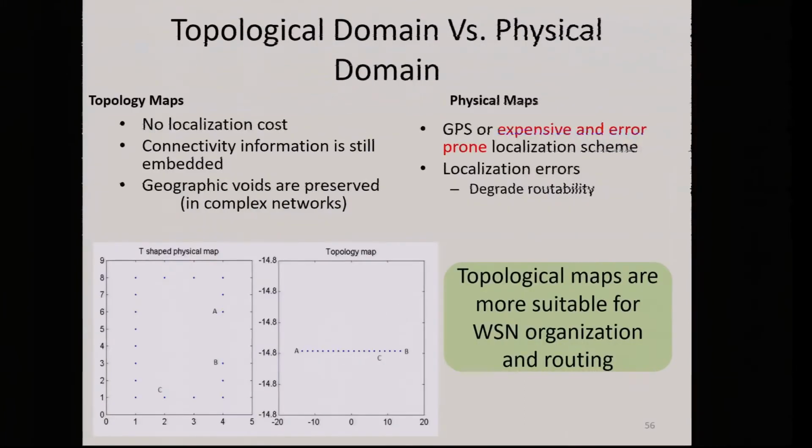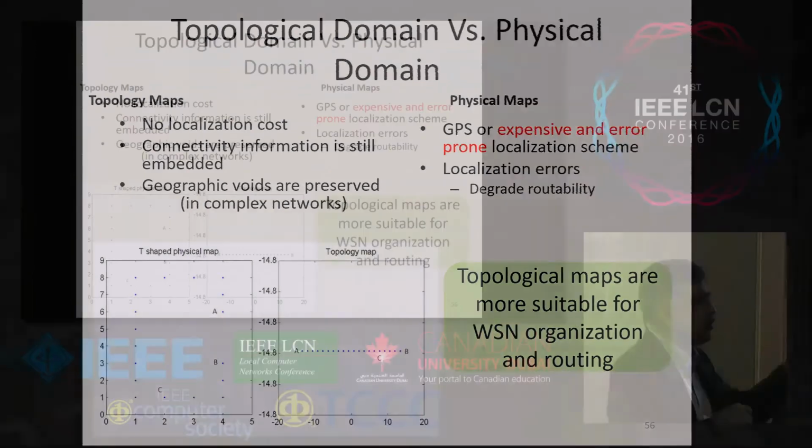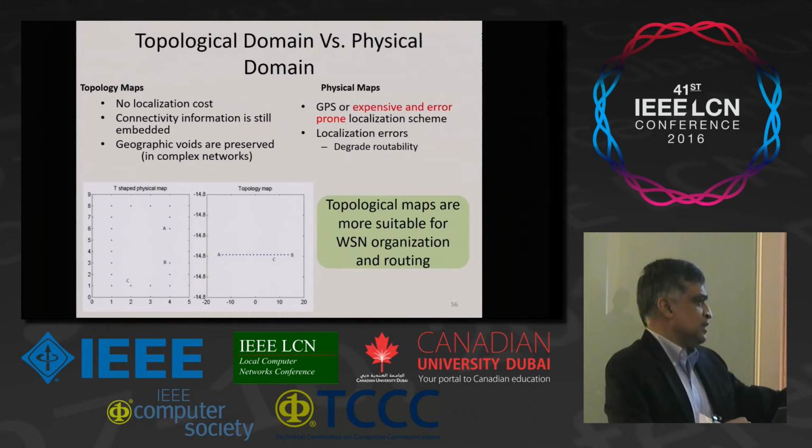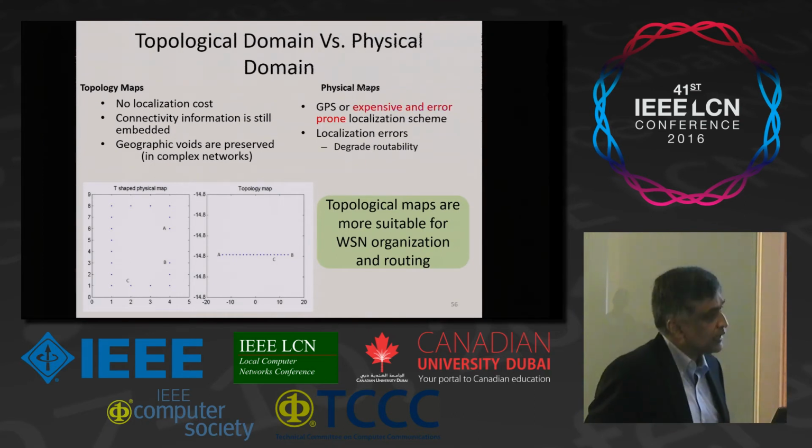If you consider a network like this here, these two can't talk to each other. If you draw this map, we call it a topology preserving map, or topology map, it is something like this here. But if I add a node here so that A can talk to B via that node, what would happen to this one? This becomes a circle. The map is distorted, but the distortion is based on connectivity.